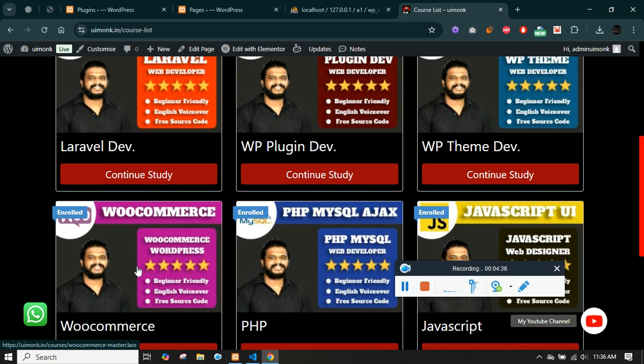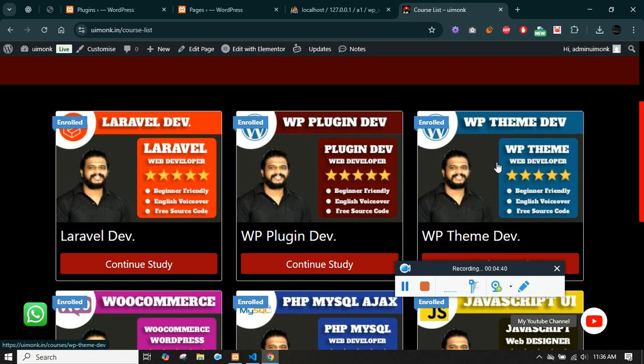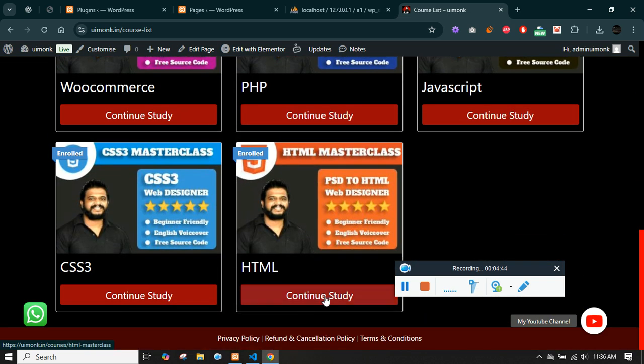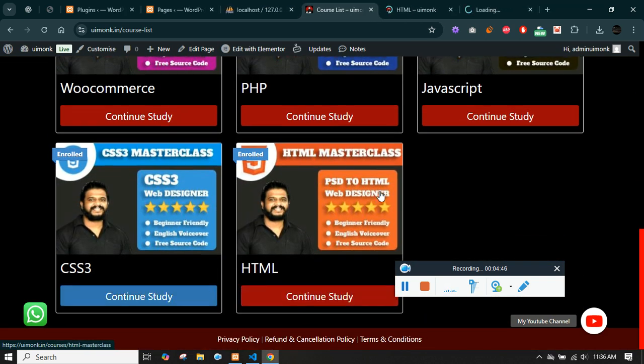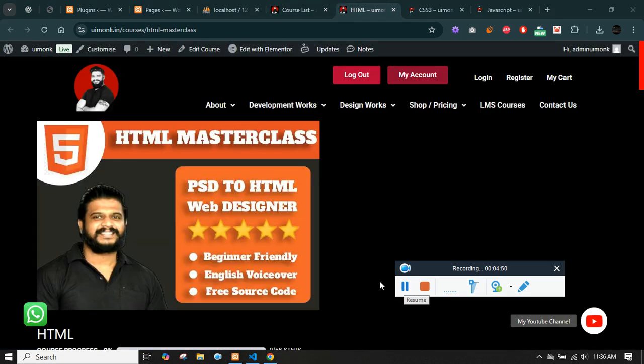Then after WooCommerce, once you have mastered all the front end, you can get into theme development. And after theme development, you can get into plugin development. Now, each of the courses has hundreds of videos in it, and this would take about 3 months to complete. Once you complete it, you would be confident enough to call yourself a